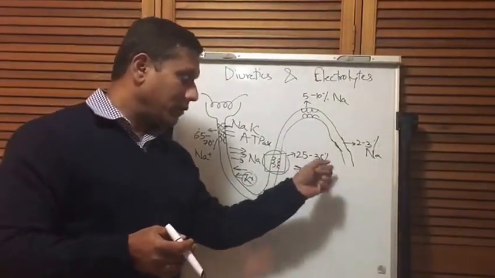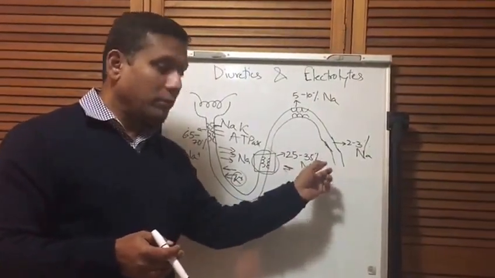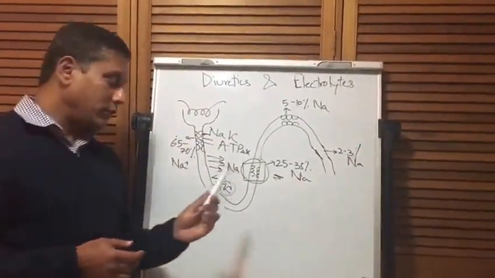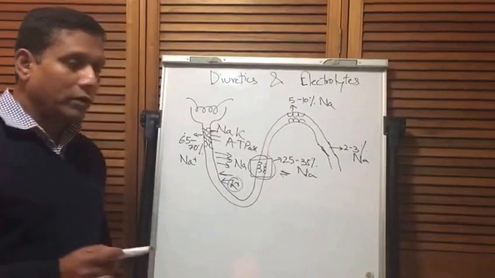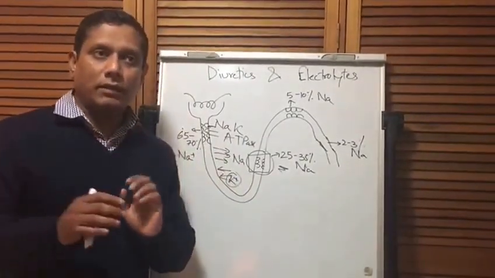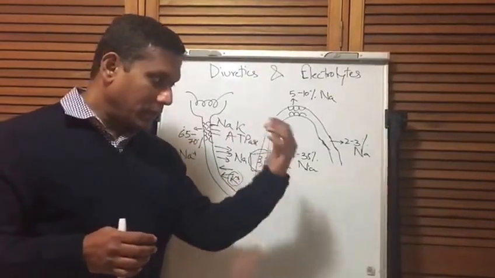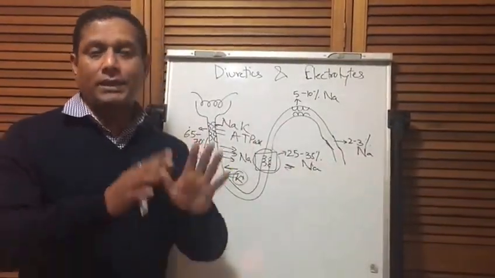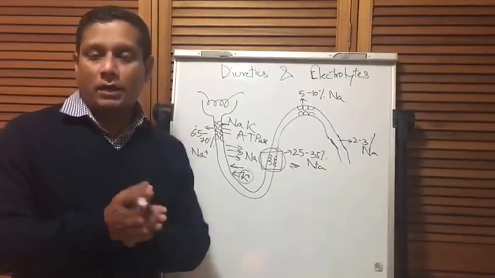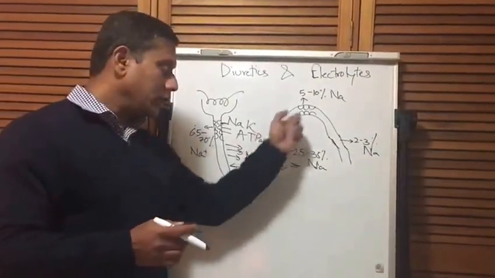And then as an indirect effect, through the intercalated cells, a bit of hydrogen also leaks out into the urinary lumen. Which means if I'm on a loop diuretic or a thiazide diuretic, because of intravascular volume depletion, my renin, angiotensin, aldosterone is activated, and as my aldosterone is high, I'm losing potassium and I'm losing hydrogen. So again, that adds on to the picture of hypokalemia and metabolic alkalosis, which we see with these two